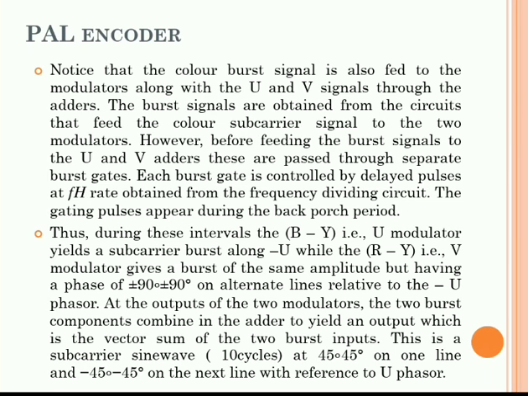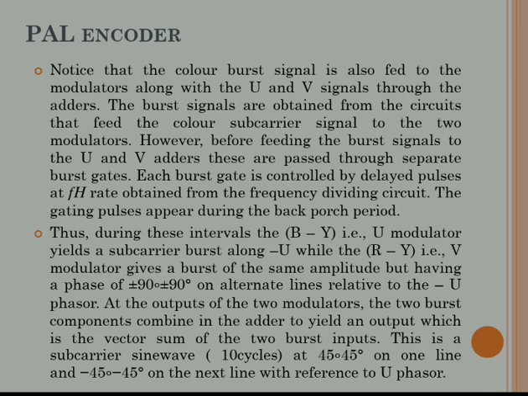In that, we have taken the outputs from the video camera, RGB, and given the signals to the Y matrix section, which provides the Y signal as output. Then R and B signals we give to the U and V matrix section, which gives U and V as output. Then they pass through a band pass filter, which restricts the frequency to 1.5 megahertz. While passing through the band pass filters, the V and U signals get some delay, so as to have the same delay as the Y signal.